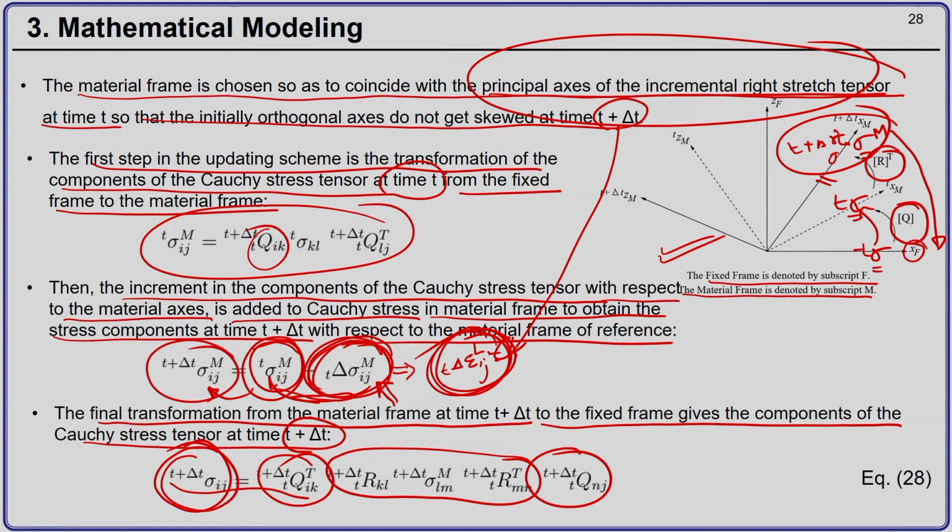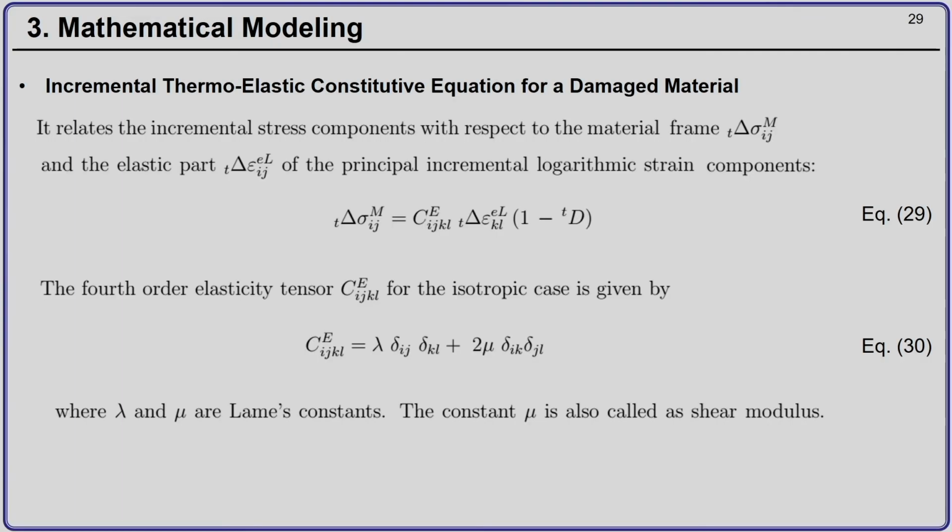So, we are not subtracting anything from the incremental stress as we were doing in the previous objective stress measure. So, this will give you the objective stress. The effect of rotation will be taken out.